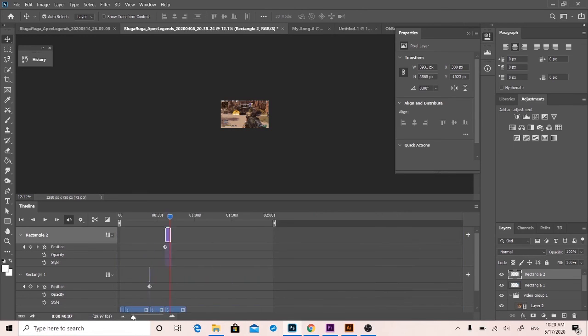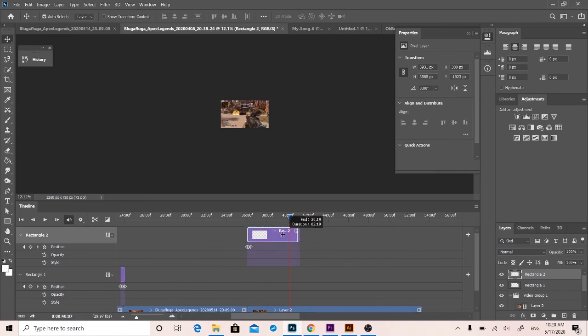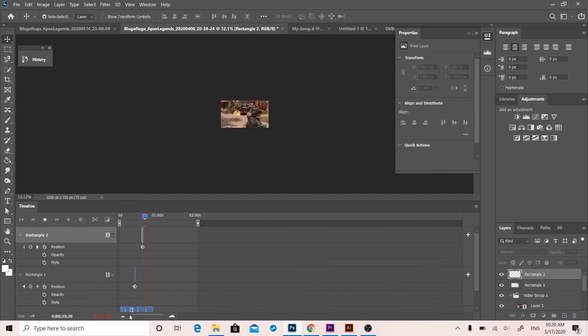I just do it a lot because I don't like having things that are unnecessarily long. But yeah, that's just some transitions, making transitions. You can use the position thing for a lot of things. I'll show you how to do it with text and some other stuff